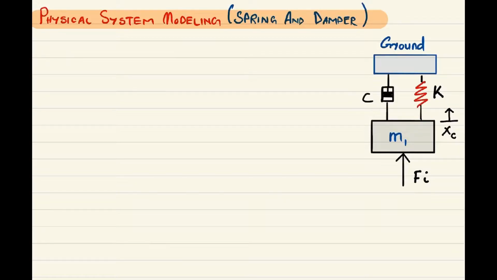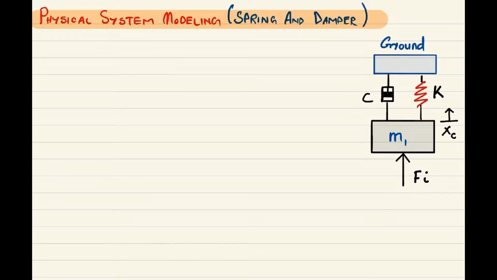In the last video, I had just connected a single spring with this mass block. However, in this video, I have modified the same diagram with this damper. Now, to draw a block diagram for this spring and damper mechanical system, we are going to follow exactly